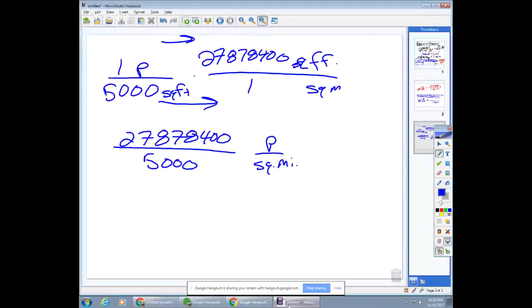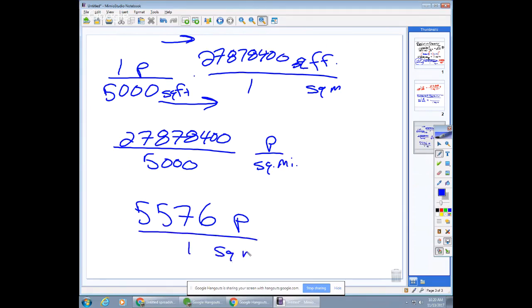Hang on, what was it? 5,575.68. So let's call it 5,576 then. Yeah. We round to the nearest person per 1 square mile. Yeah, so we force each person to have less space. That means there's more people in the square mile. More people in a square mile means less elbow room, right? Which is what we did. We downsized everybody.